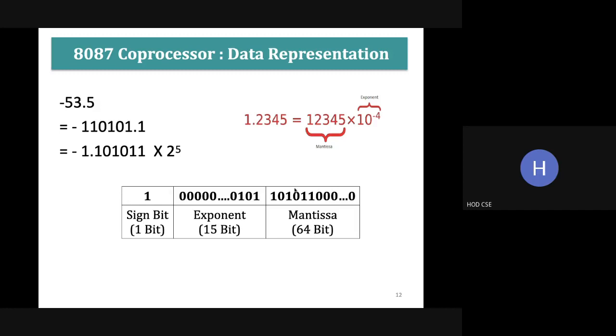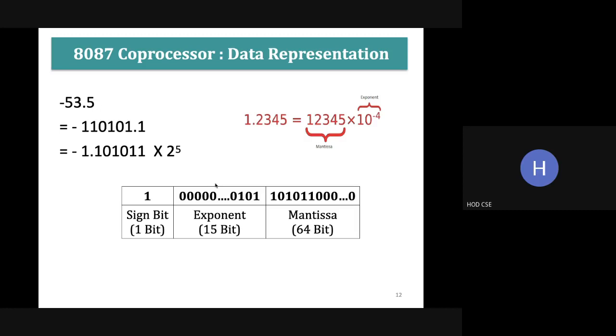In the 16-bit exponent part, the leftmost bit represents the sign bit. In every data, the leftmost bit is the sign bit: if it is 1, it is a negative number; if it is 0, it is a positive number. Next is the exponent part, which here is 5.